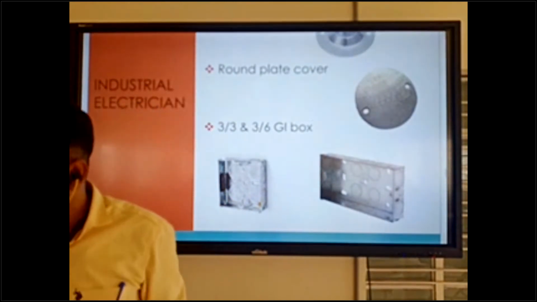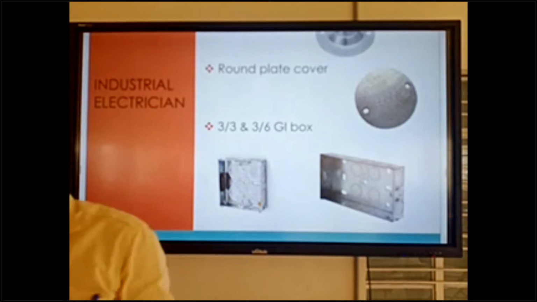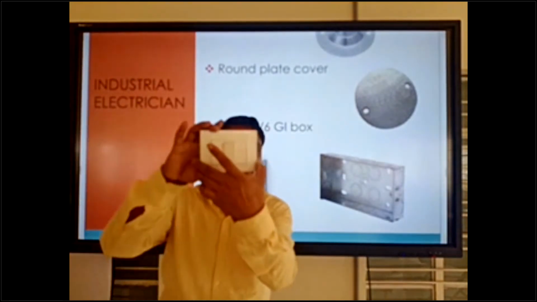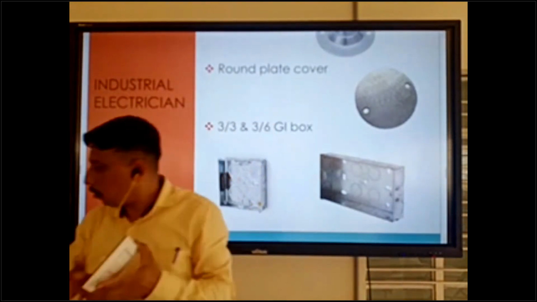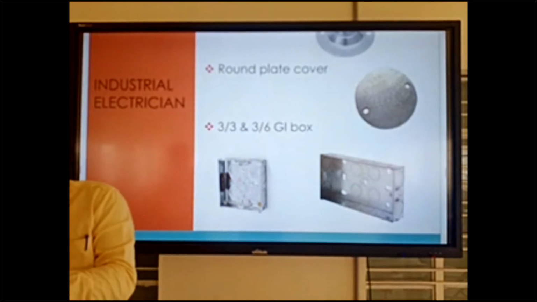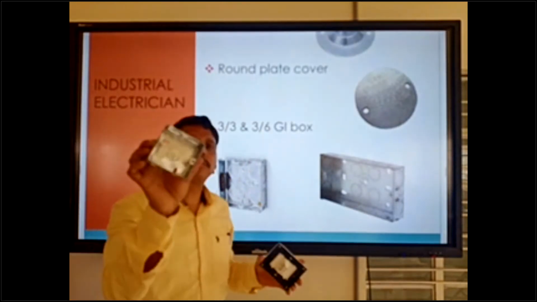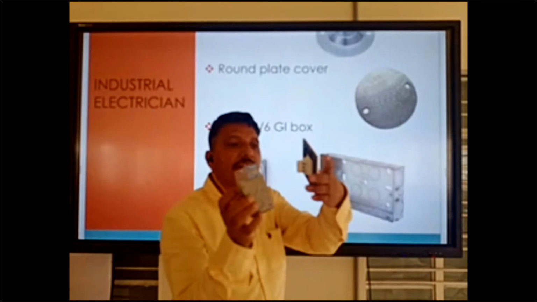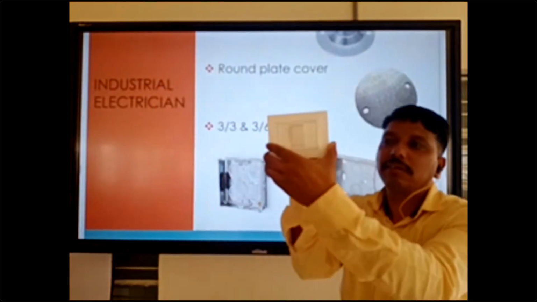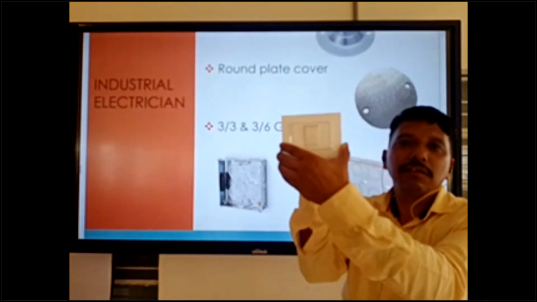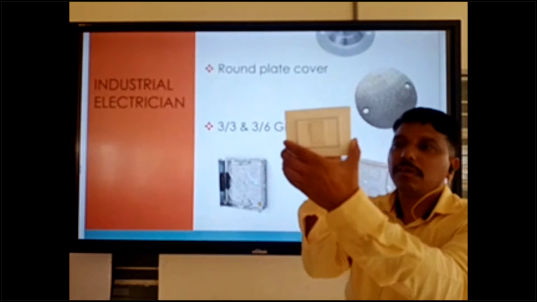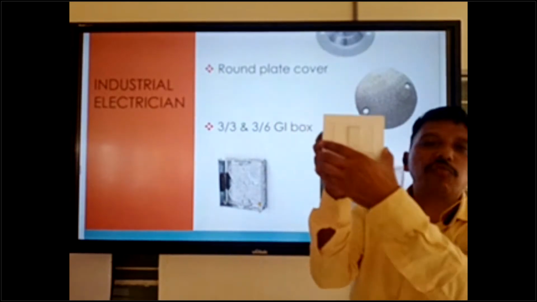Suppose this is your single switch, only one switch. So you can fix it in this 3x3 box and put the switch like that in surface mode. Only one switch is coming.